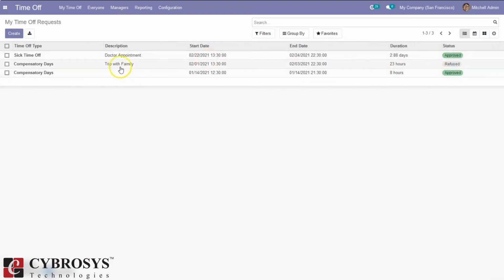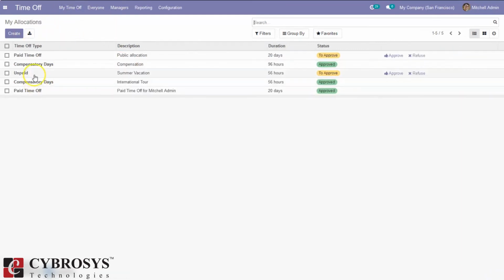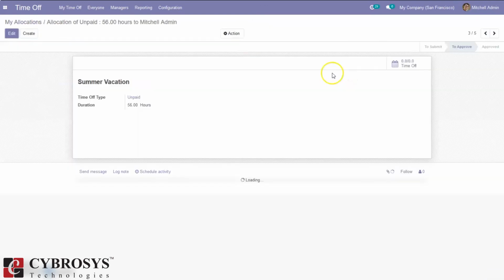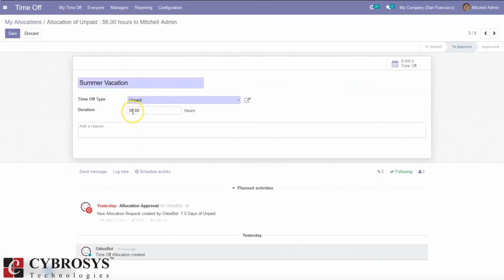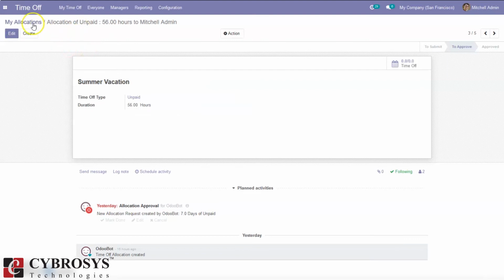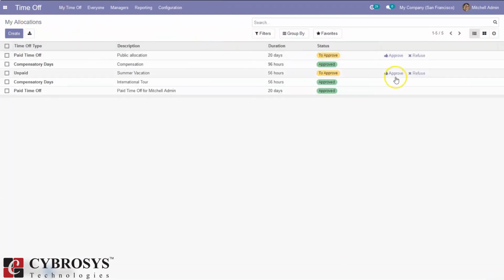So you can see this one is refused. Then here we can find my allocation requests. You can see allocation requests to be approved and approved allocation requests. When you open the unpaid summer vacation allocation request, you can see the allocation request is created for 56 days. From here you can see the option to refuse it.